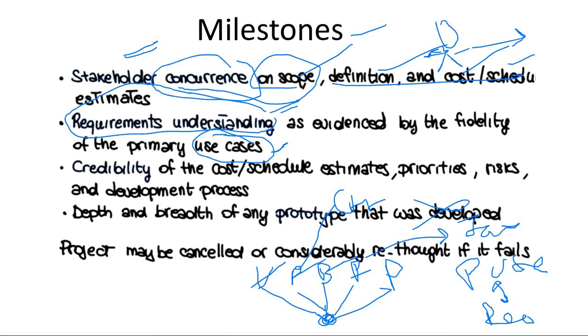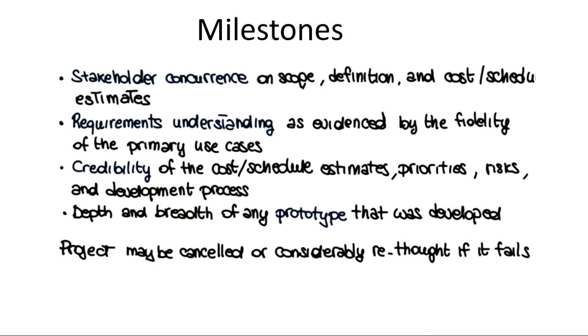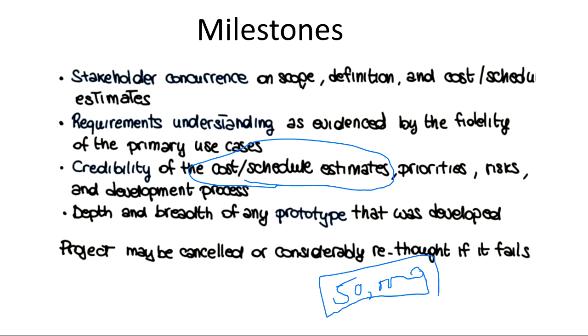Okay, then there is credibility of cost and schedule estimates. It should not be that the user has given you, say, a 50,000 budget, and while making the project you say okay, our initial budget will be 1 lakh, we will start with 1 lakh. No, it should not be like this. Whatever you have promised, everything should fall within that scrutiny only. So there should be credibility of cost and schedule estimates.